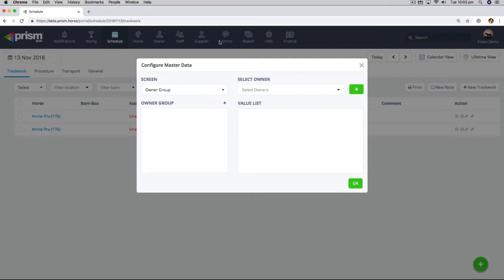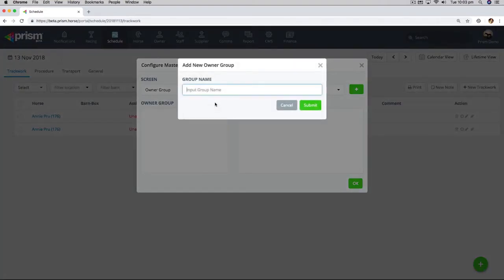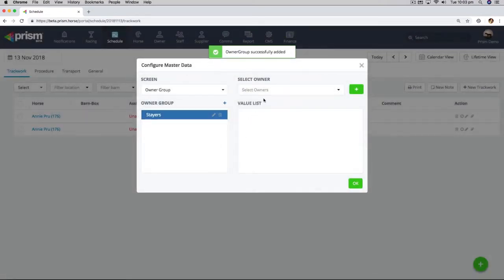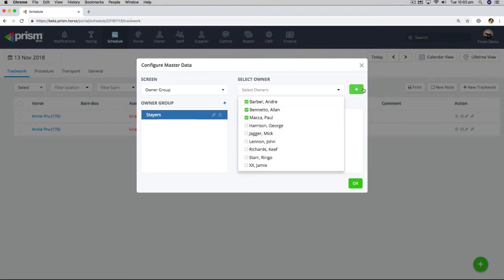the comms. So when you're sending out broadcast email, we have a section where you can send by owner group, and this is really around if you want to segment your database for people to receive certain information based on their interests. So you might have a group of owners that are interested in stayers. You create that name stayers there,